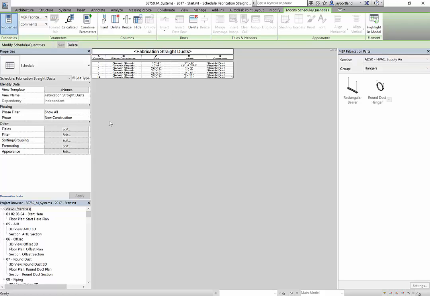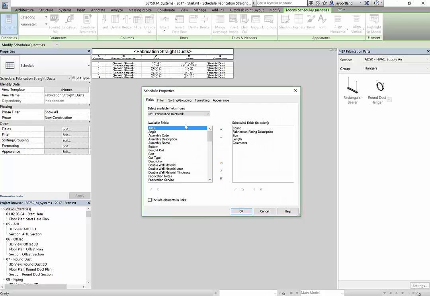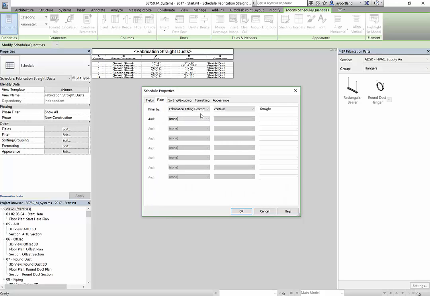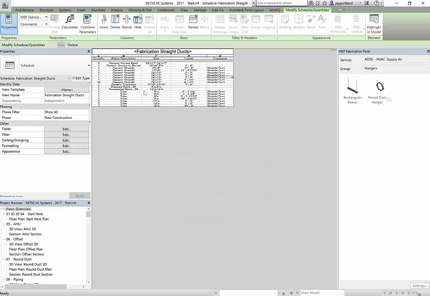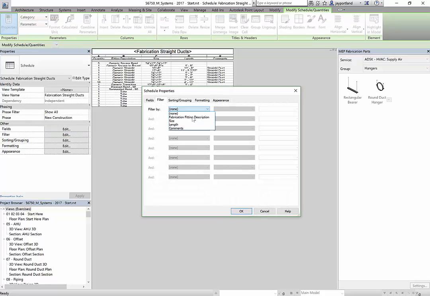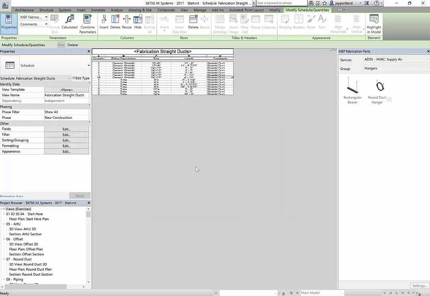But what I'll do next is I'm going to change the filter, and I'll remove it in its entirety. I'll just go ahead and hit none. And you can see now that I've got all of my straight, my generic straight, and all of my tubes, and they have a comment which says straight duct, but none of the others do. So this time I'll filter by using that comment. So from comments, it has to equal straight duct. Okay, I'll hit OK. So now I've got both my generic straights and my tubes,